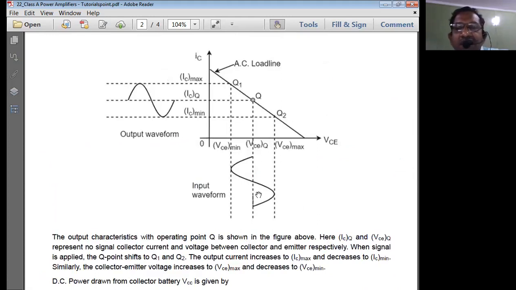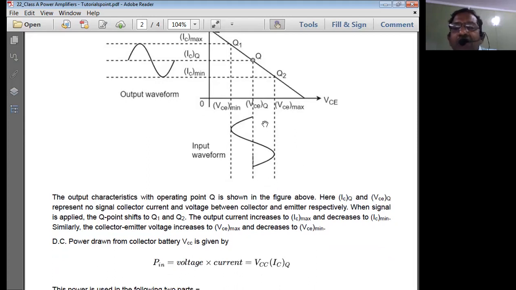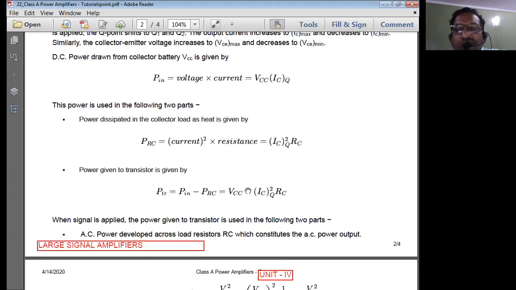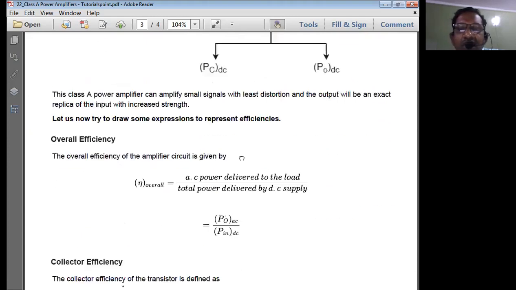What is VM? The maximum peak is known as plus VM, and the minimum peak is known as minus VM. So VM I can take as VCE max minus VCE min by 2, half of that. This is the total swing, and half of that is going to be the maximum swing. We always consider stable responses. Therefore, we assume that the Q point is stable, not disturbed, so VM is at half of the overall swing. So we consider symmetrical and stable signals.